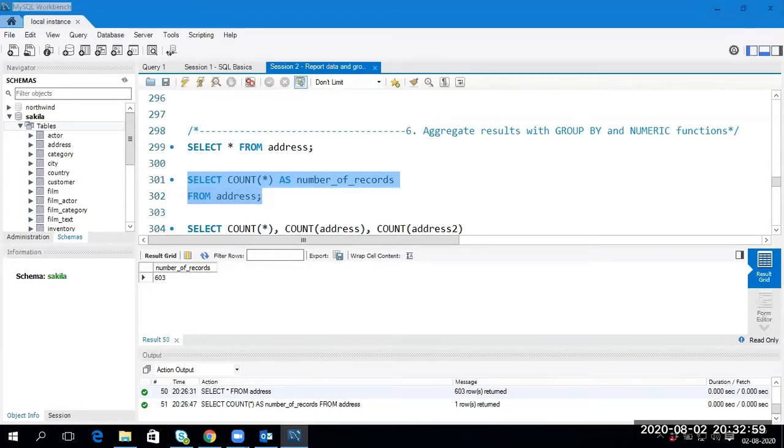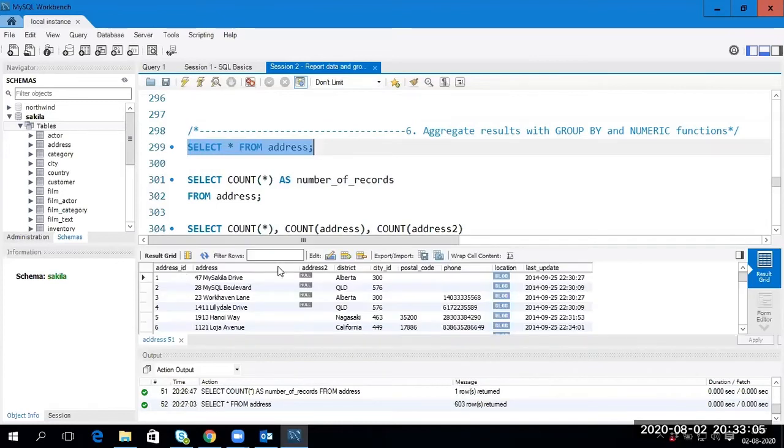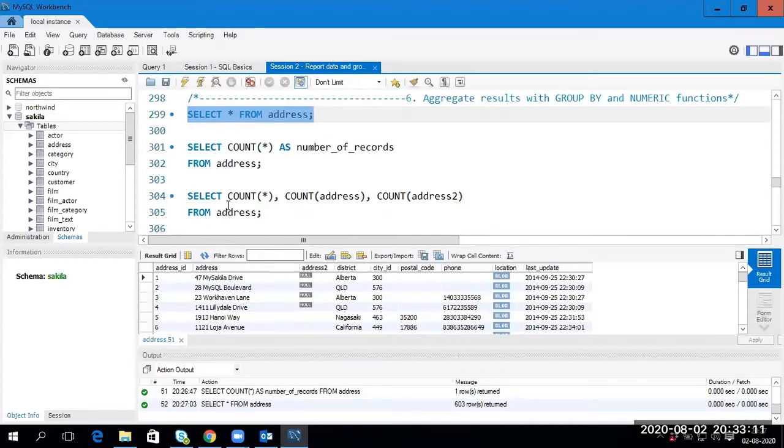Now we know that the address table has, let's look at the address table. Address table has address ID, address, and address 2. Let's try to count individual column values, right? For example, something like this. Select count of star will count the total number of records. Count of address will count the addresses. Count of address 2 will count the address 2s. Now if I run this,